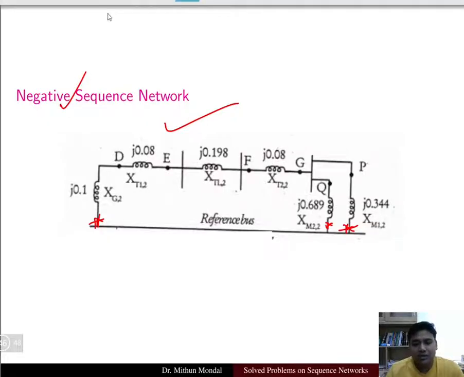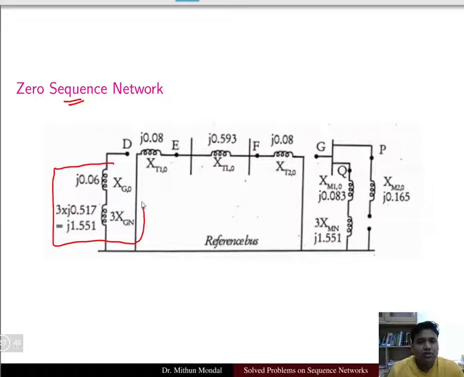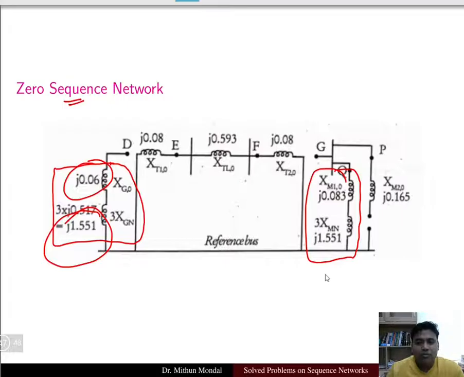the negative sequence network. Then finally, we have to properly look at the zero sequence network, whether ground is involved or not. Hence, now we have seen that the value of the zero sequence network for the generator is x0 plus 3 times xn. So 3xn we have calculated, and this is the value of x0. Here also on the motor side we have x0 plus 3xn, but this is for motor M2. In motor M1, since the neutral is not grounded, we have an open circuit, and in transformer T1, since ground is not involved, there is an open circuit. So open circuit here and open circuit here.